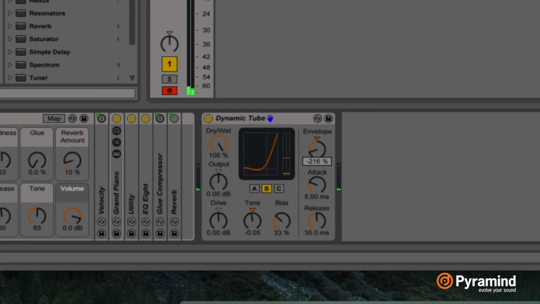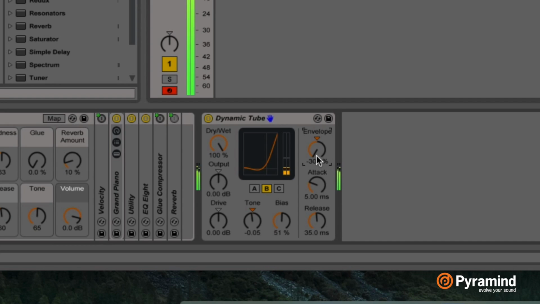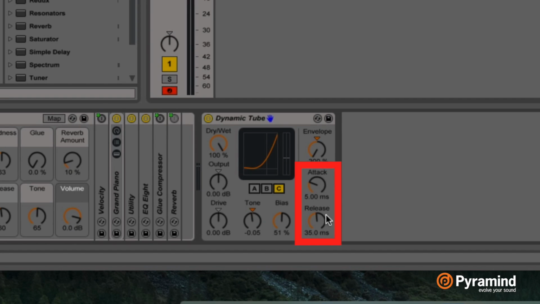But if we set it to positive and we have a hard signal coming in, it will distort it right away. So now, negative envelope values create an expansion effect by reducing distortion on loud signals, while positive values will make sounds dirtier. So now, the attack and release, which are located down here, are envelope characteristics that define how quickly